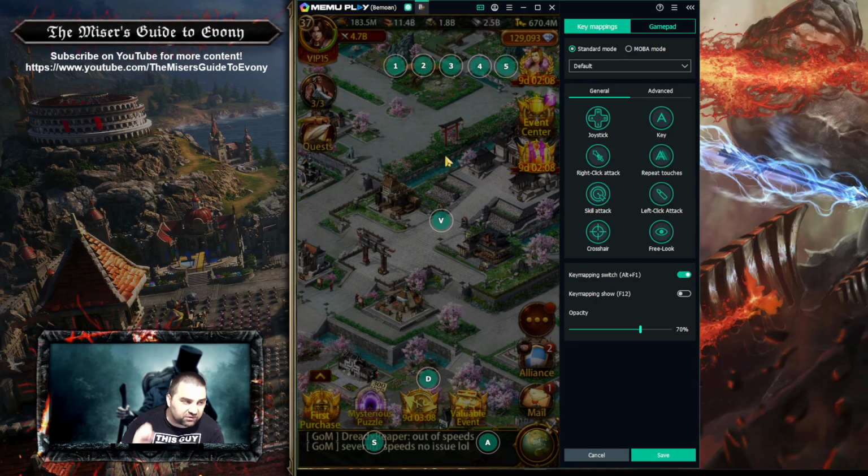I only use it specifically for joining rallies, and that's what the 1, 2, 3, 4, 5 here are. So I take a key, I put it where I want it to be, and then I assign it a letter, a number, something like that, and then it's saved. Or I guess you can just click on where you want it to happen. So what I do,